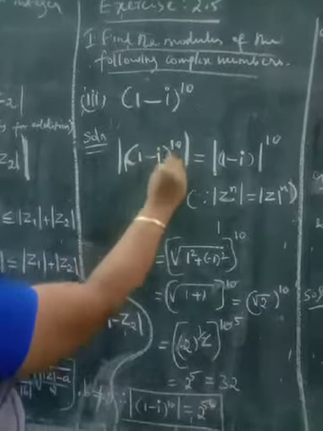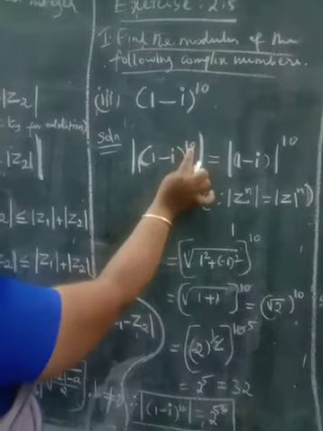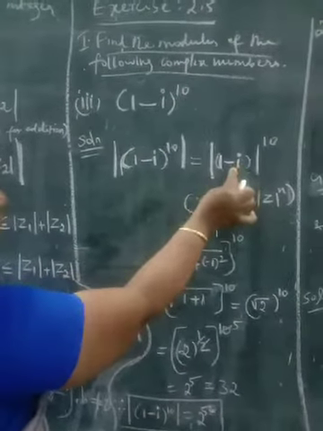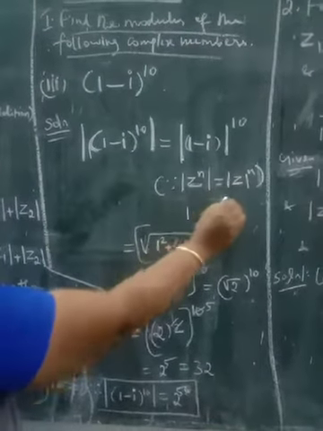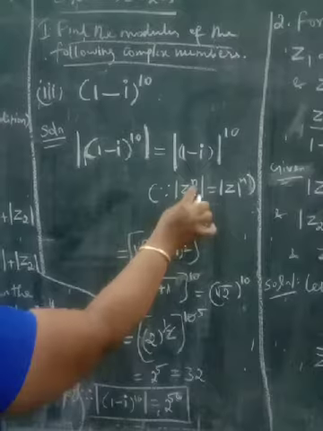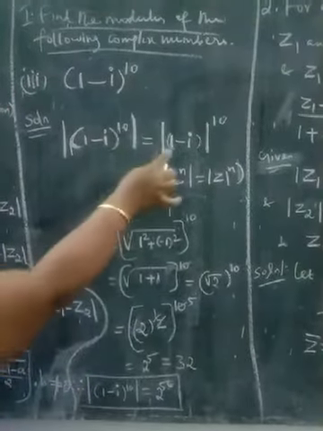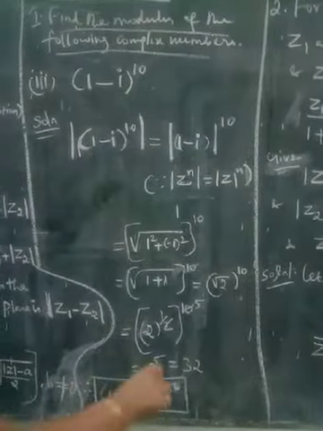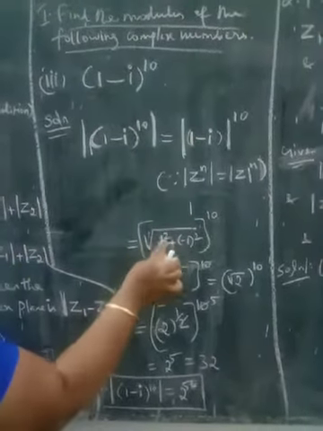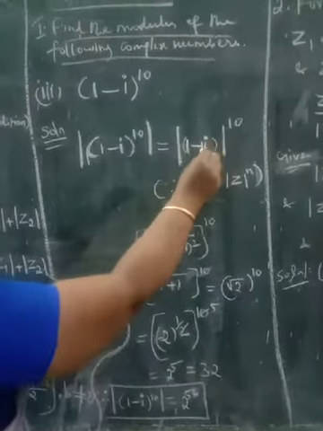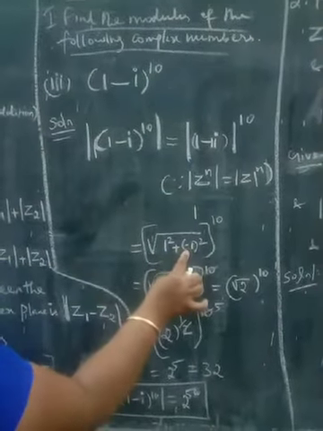See, what is given here? (1 minus i) the whole power 10 can be written as mod of (1 minus i) the whole power 10. Why are we writing like this? Because we know one property: mod z power n can be written as (mod z) the whole power n. So using the property, we are writing like this. Okay. Next, you find the modulus of this complex number: square root of real part square plus imaginary part square. Here there is no number, so how can you consider it? This is minus 1. Yes, so the imaginary part is minus 1